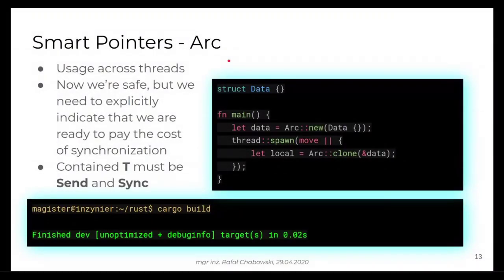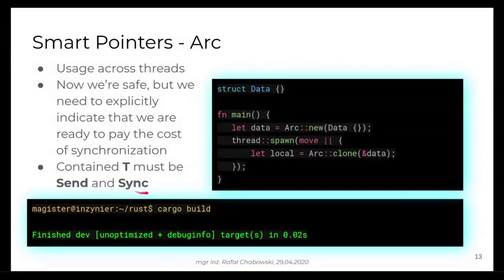So here comes the Arc, the atomic reference counted. In case you didn't spot the difference in the code, we simply replaced the Rc with Arc. And now for C++ developers, this one resembles the shared pointer more, as the internal reference counter is manipulated atomically. So as you can see, in Rust you must be explicit about your willingness to pay this additional performance cost, because manipulating the counter in an atomic way is more expensive than doing it in a non-atomic way.